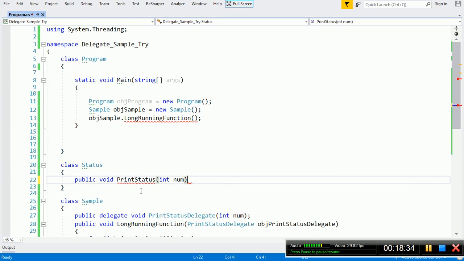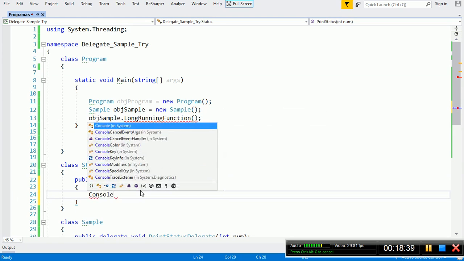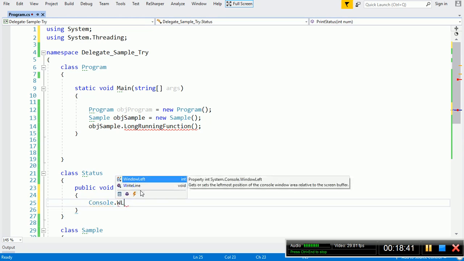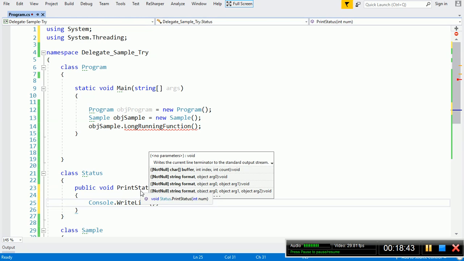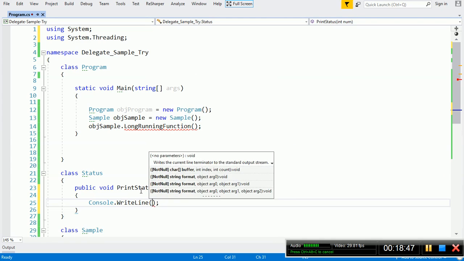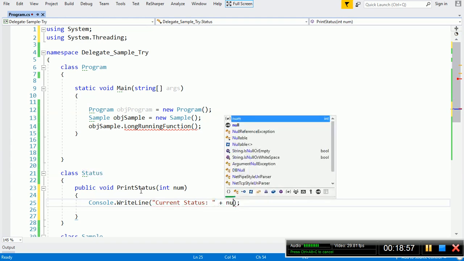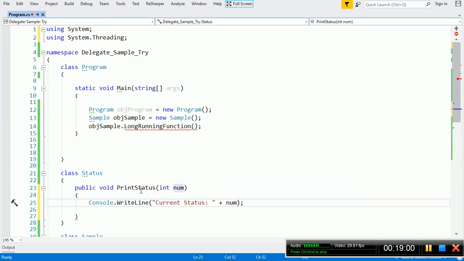It will accept one argument num, and I will print out in the console the current status num.